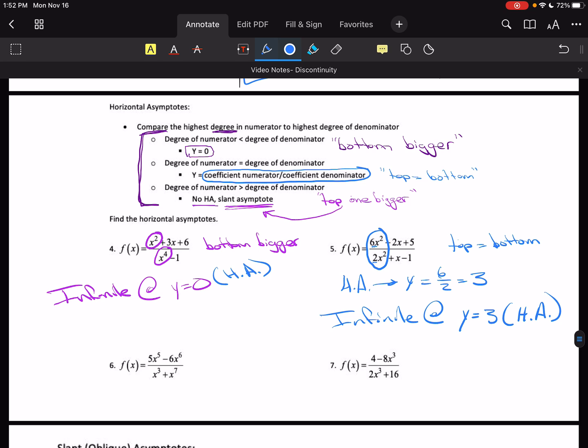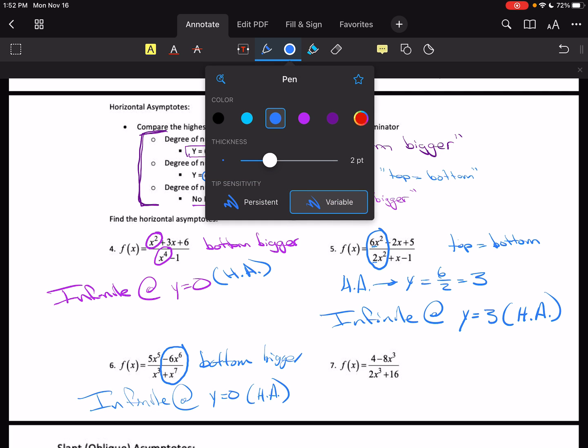All right, number 6. X to the 6th is the biggest on top. X to the 7th is the biggest on bottom. So bottom is bigger. So we would have an infinite discontinuity at y equals 0, which again, horizontal asymptote. Last one here,